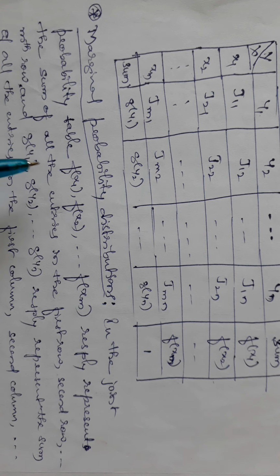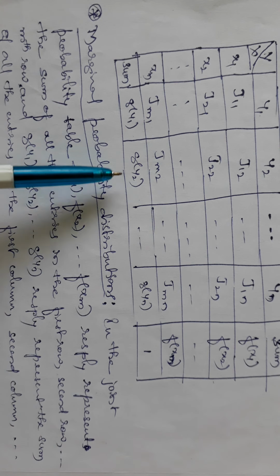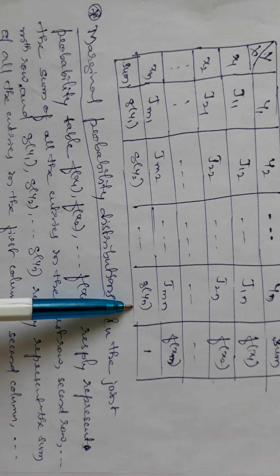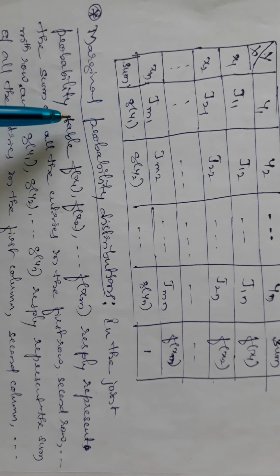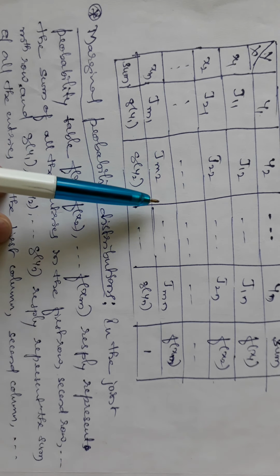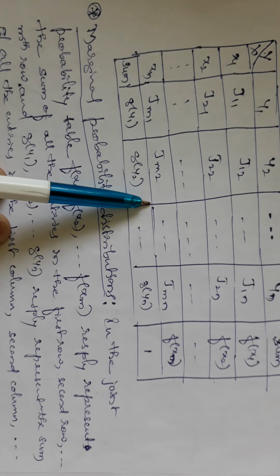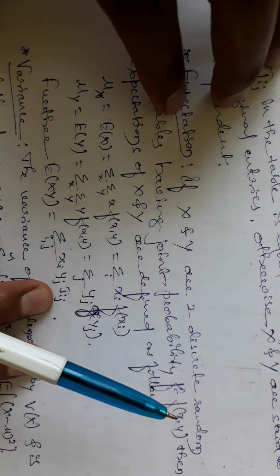Similarly, g(y1), g(y2), and so on up to g(yn) respectively represent the sum of all the entries in the first column, second column, and so on up to the nth column. That is,